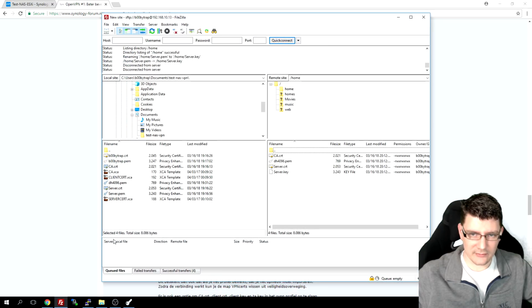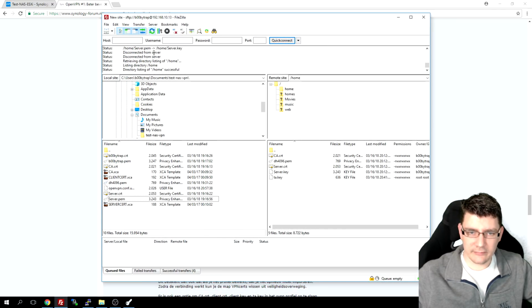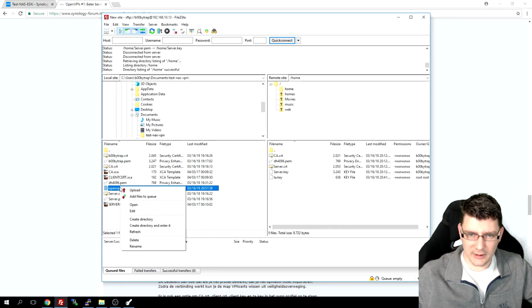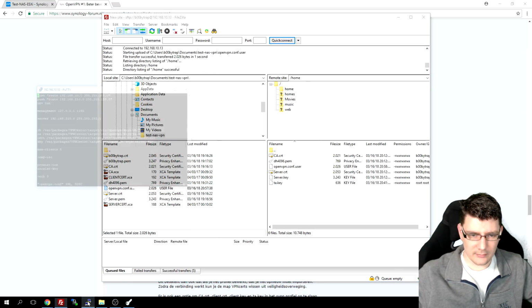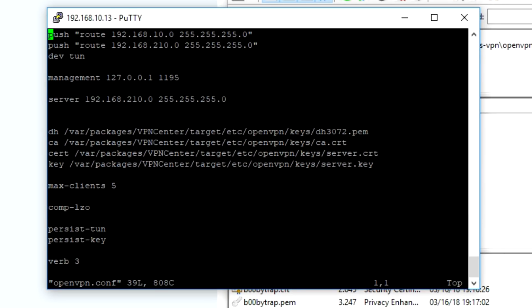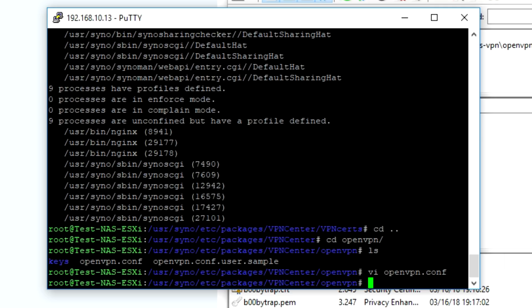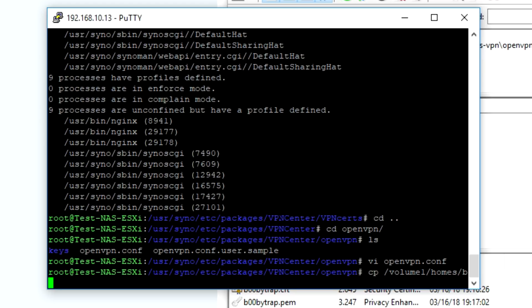So we're going back to FileZilla, we're going to refresh this. Yes, here it is. I'm going to upload it. Yeah, thank you. I'm going back to PuTTY. And first let me close this. Don't need that anymore. And we're going to copy that file into this location. So cp /volume1/homes/boobytrap/openvpn.conf.user to